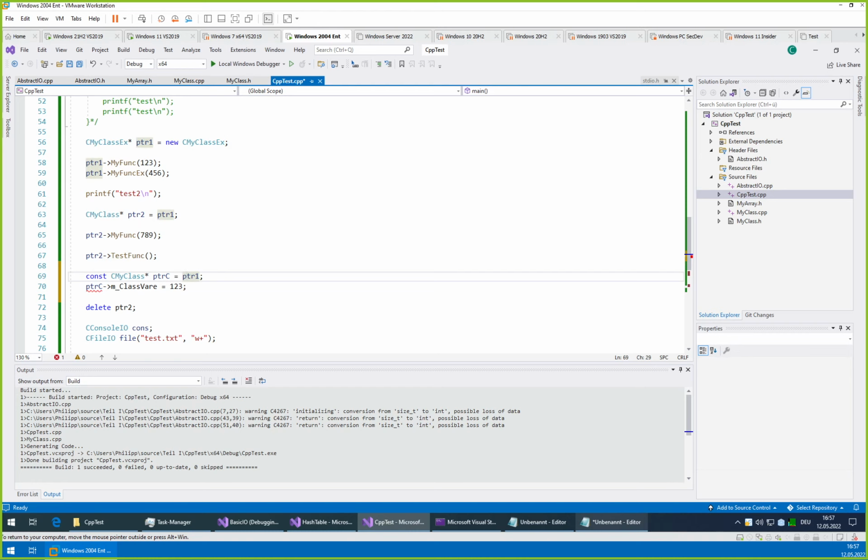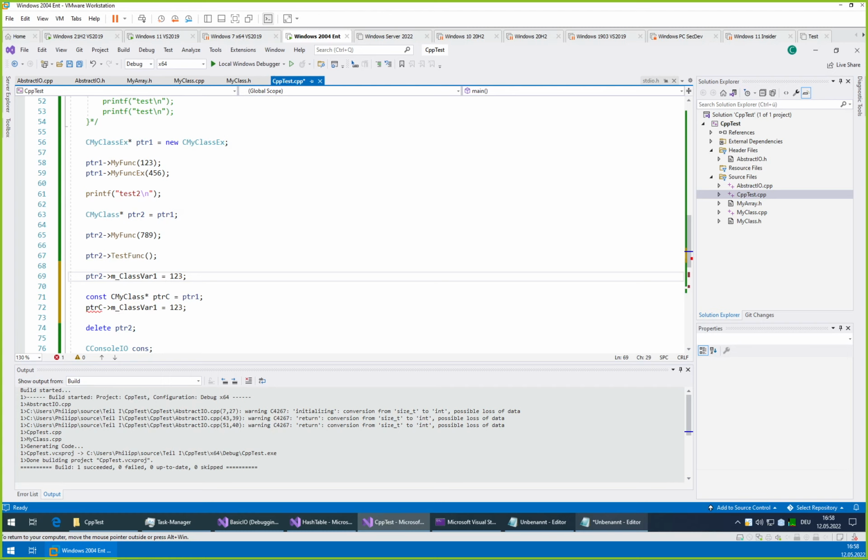Yep. So while the IntelliSense was not smart enough and it still showed us the variables, it showed them to us because it didn't know what we want to do with them. So if we want to assign variable 1, it doesn't work. While if we would use the non-const pointer we had here, pointer 2, assigning variable 1 would be just fine.